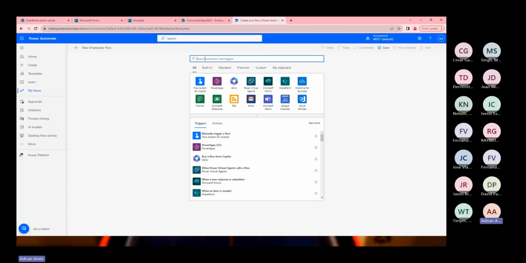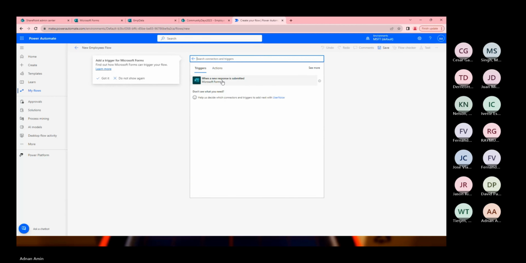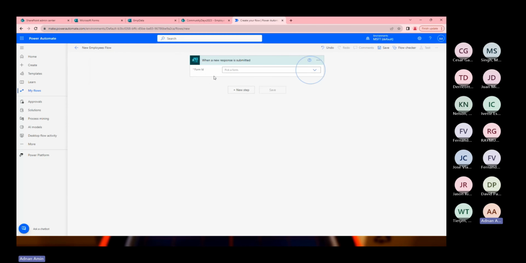Here I can name the workflow, new employees flow, and I can go for Microsoft Forms. You can see here that when a new form is submitted, I will select this trigger. Now, whenever a form is submitted, this will trigger. Here I can select which form I'm talking about. So I have recently created this one, EMP data. So it will select this one